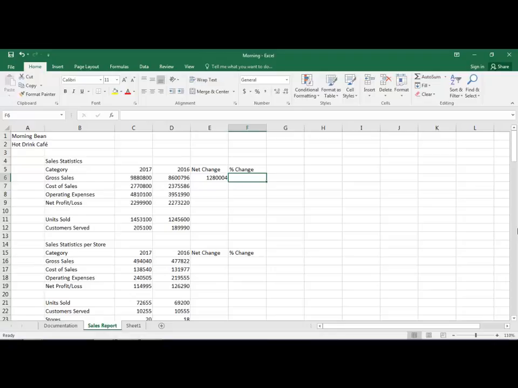So what we're going to see is I take my first part, which has to be done first, the subtraction, and I put in my parenthesis. And now I say 2017 minus 2016, and I close my parenthesis. This must be done first, the subtraction, and then I'm allowed to divide by the starting point, which was 2016